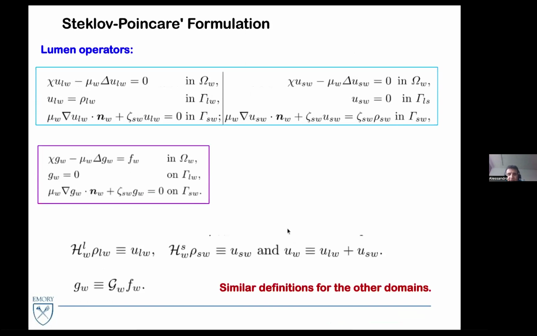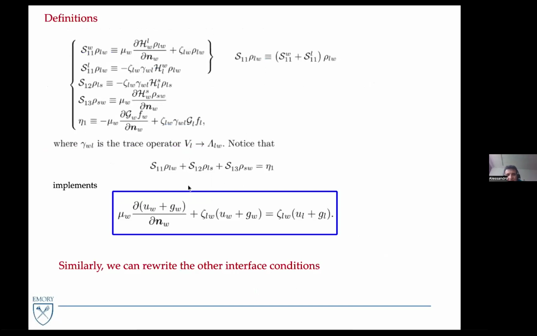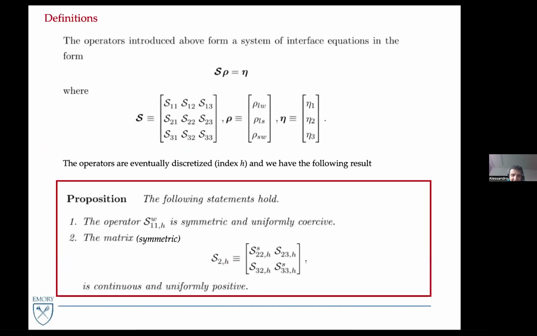So I had to introduce a lot of auxiliary operators in the lumen, in the strut and in the wall, to find that basically all our problem could be written as a Steklov-Poincaré, not equation, but in this case, a Steklov-Poincaré system, because now we have 3 interfaces, not one: lumen-strut, lumen-wall, and strut-wall. And after some work,